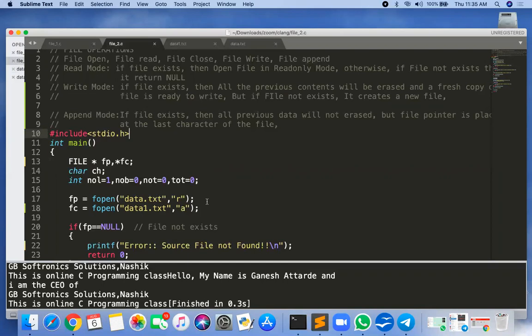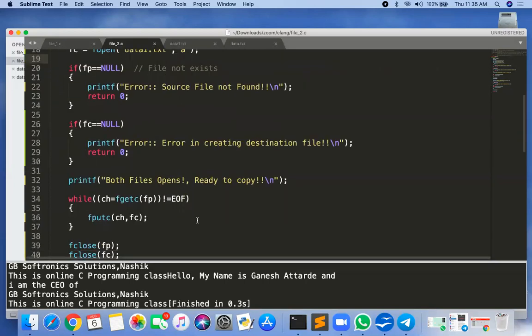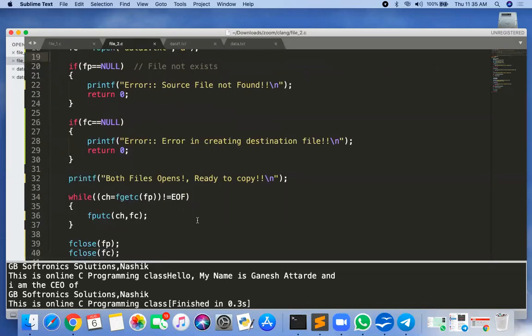So if you have some output and want to preserve the previous output, generally use the append mode. It is a very easy one, there is no such big difference.